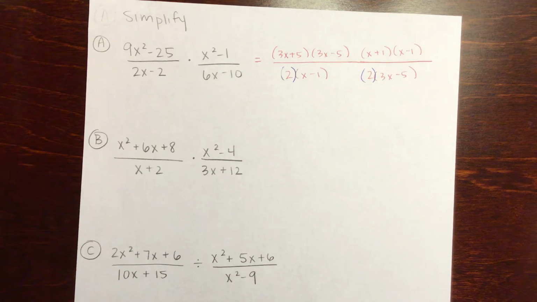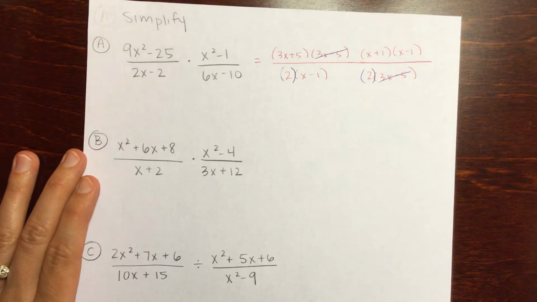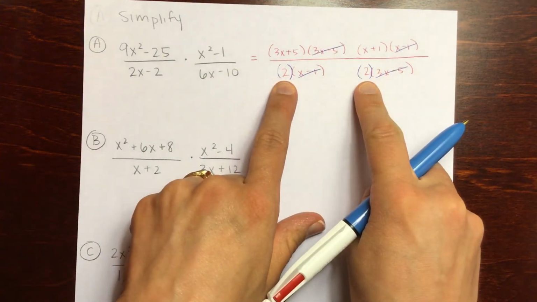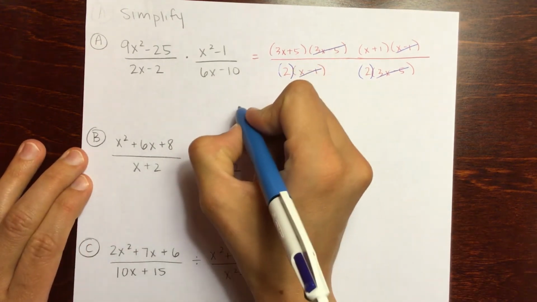Cancel one to one, one from the top and one from the bottom. I have a 3x minus 5 in the top and bottom. I have an x minus 1 in the top and bottom. These 2's are both in the bottom, so they cannot cancel. I am left with